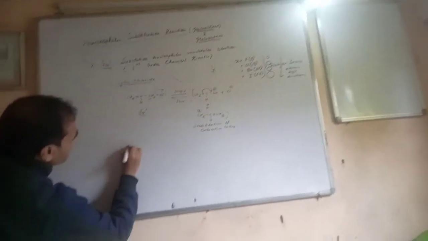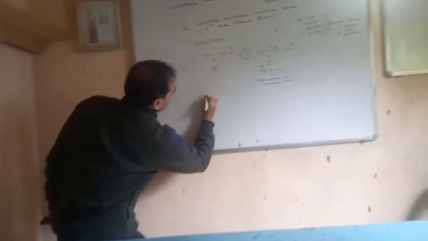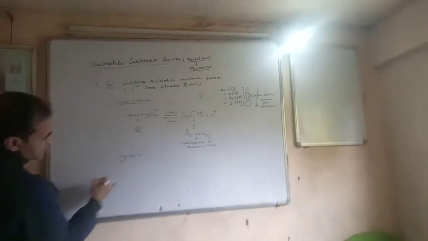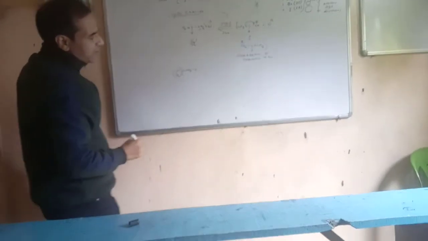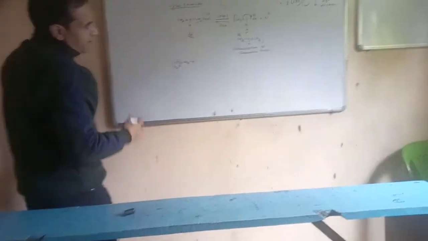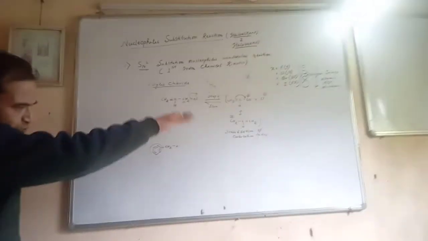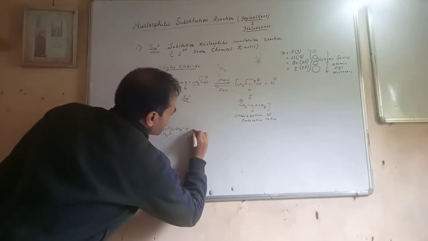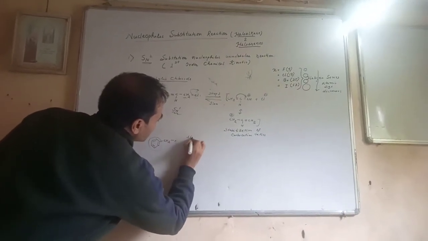Let's talk about benzyl chloride. Very familiar. Benzyl chloride, which is nothing but a lone pair of electrons. This is a bulky group. This is a very bulky group. So though it can go by the SN2 mechanism, this is a bulky group. The approach of the nucleophile from the backside will be difficult. So it is better undergoing the two-step mechanism.